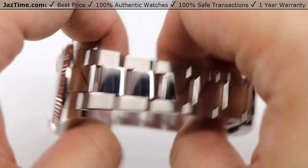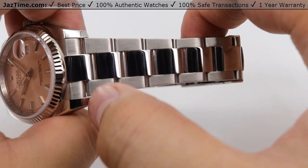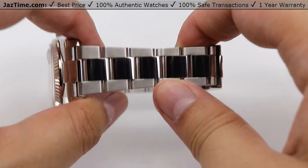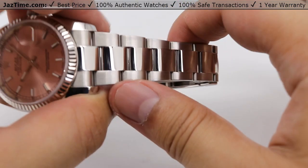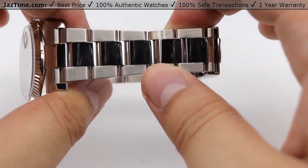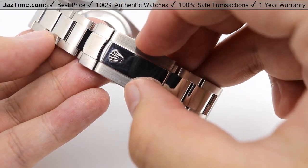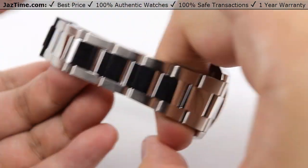Moving on to the bracelet now. The bracelet is an Oyster style bracelet. As I mentioned, this is a dress watch, so we're going to see a nice high polish down the center of the 3-piece links of the Oyster bracelet. Even though the Oyster bracelet is a sportier style, this does come on a Jubilee bracelet as well, but unfortunately I have only the Oyster bracelet in front of me at the moment. We're going to see a nice brushed steel on the outer of the 3-piece links, high polish down the center, which goes through the clasp as well on the Oyster clasp, with the brushed steel on the outer edge, high polish down the center with the Rolex crown logo there